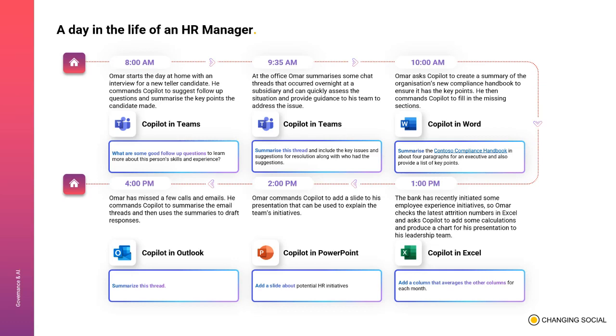For Omar, Copilot has been a game changer. It's not just about task completion, it's improving his quality and improving his precision as well. Copilot has ensured Omar stays on top of his duties, whether it is hiring new talent, managing overnight queries, or developing key HR strategies. It's been a multiplier, enhancing productivity, providing invaluable support in data analysis, document creation, and communication management. Omar has navigated his busy day with more ease and effectiveness with Copilot, showcasing the transformative impact of AI in HR management.